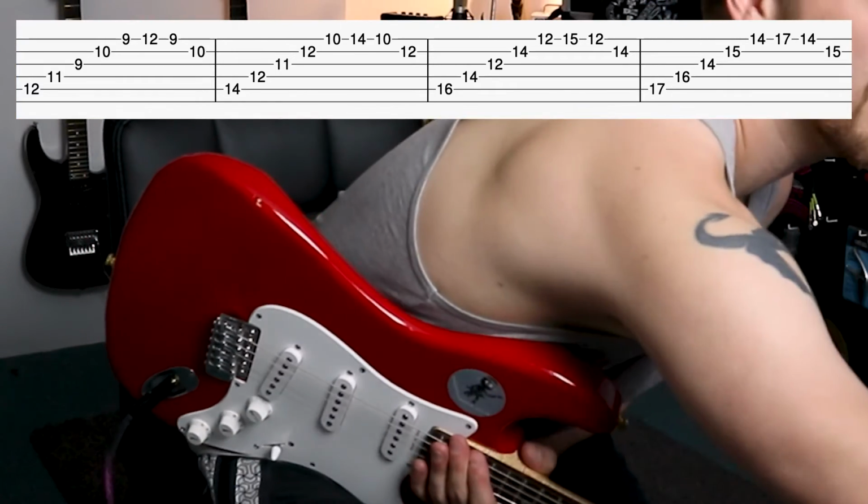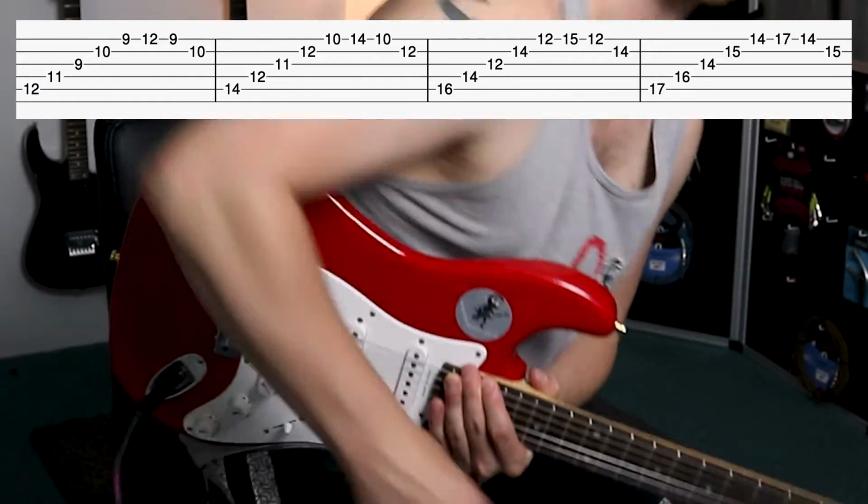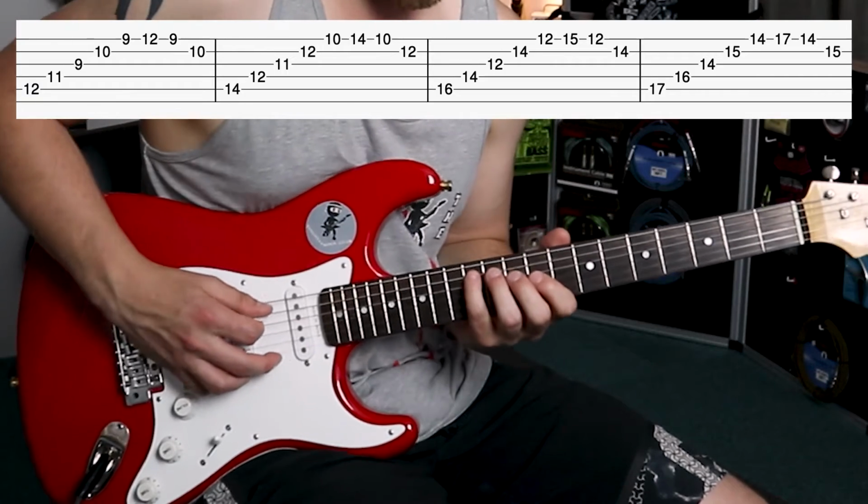I was actually a little bit early on that second to last note. Right, 90 BPM. Let's just go faster and keep this going. 12th fret. 1, 2, 3, and...